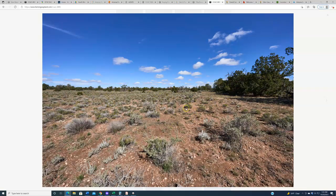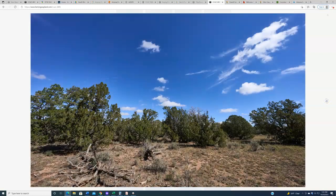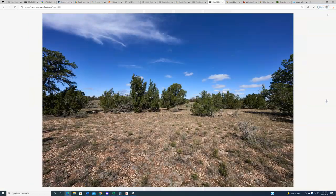There's also some good cutout areas. So if you do purchase the property with the intention of developing it, obviously there's some areas that you can already begin developing without having to do too much landscaping, too much excavation, too much knocking down of trees, etc. But if you also decide to use the property just as a sort of, you know, come out for a month, camp, RV, whatever, it can also be utilized for those purposes,